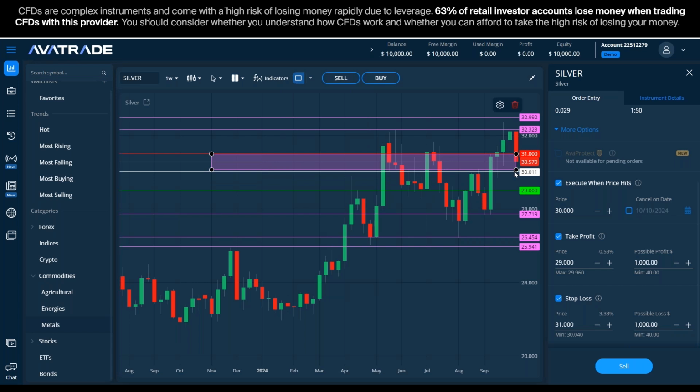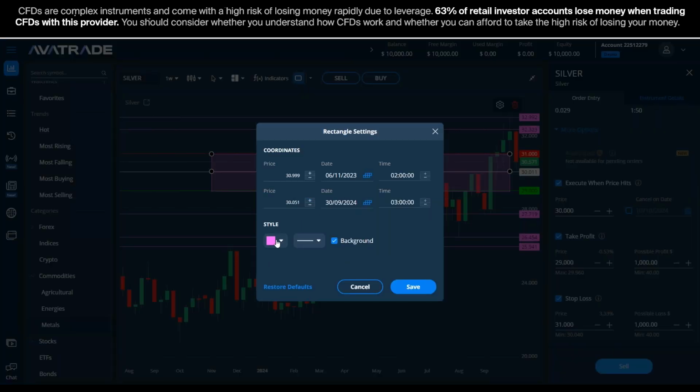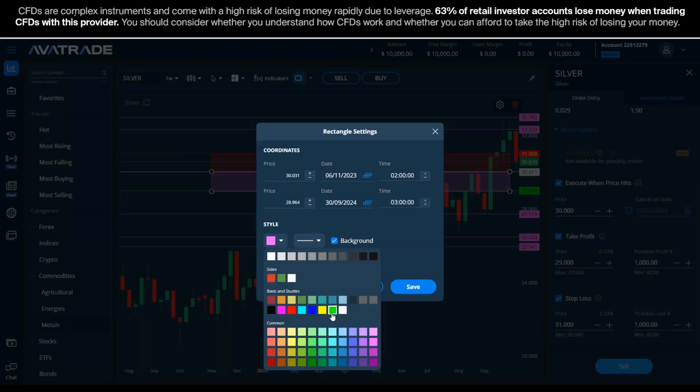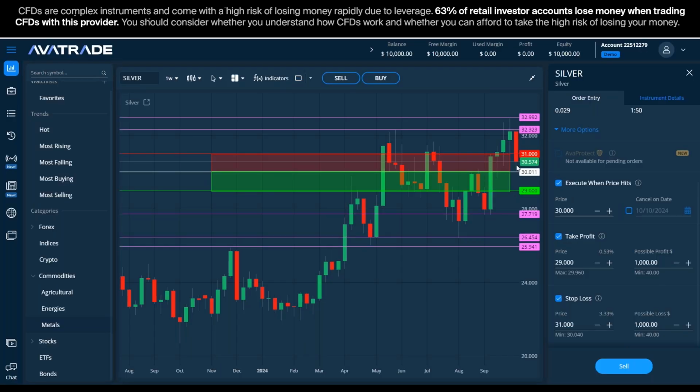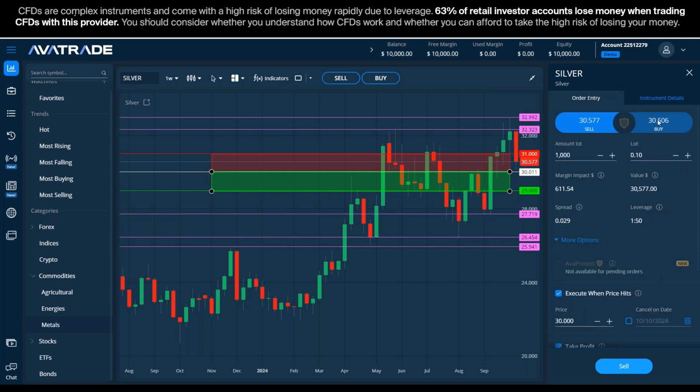Okay, and the way to use it: at the moment, I was going with the trend. I was going with a bearish trend, taking a sell. But if I would want to go against the trend, as an example, and I would want to take a buy, that means that if it would have gotten lower than that, if it would have gotten to 30, it will launch the buy at 30. So that's going against the trend. Right now we are with the trend, and if it keeps going down to 30, it will launch us a